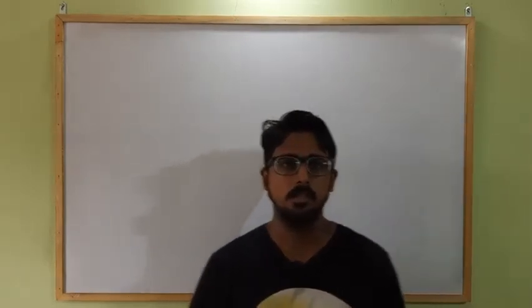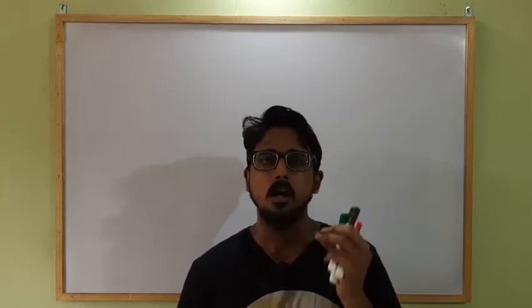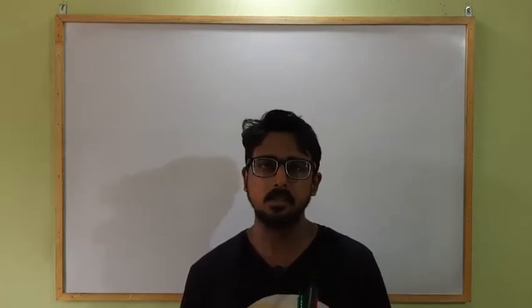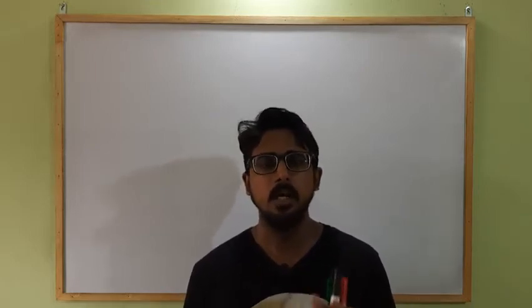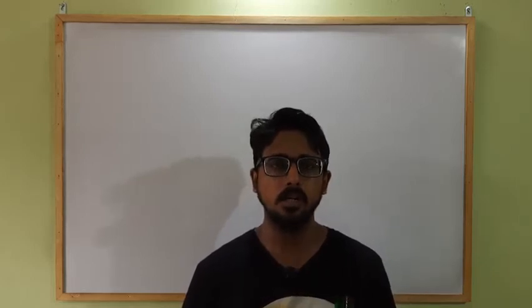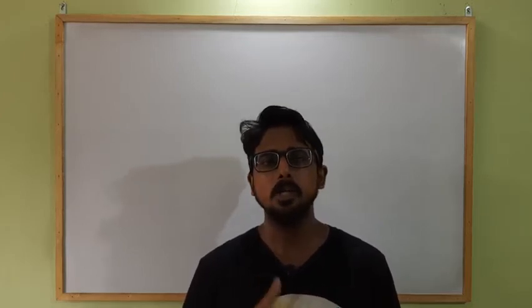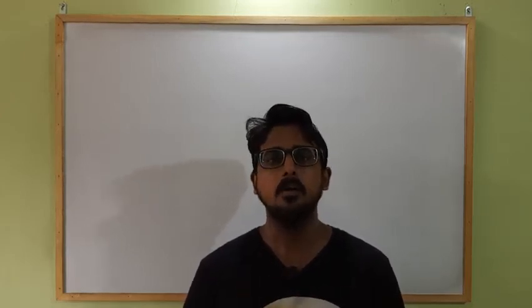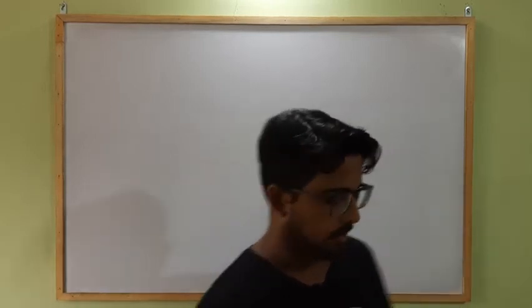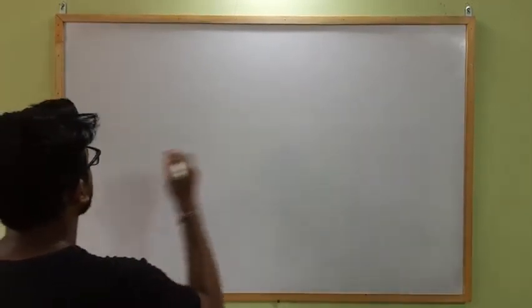Hello students, in the last class we already discussed some numericals based upon the magnetic force acting on a current carrying wire present in an external uniform magnetic field. Today we are going to discuss some numericals based upon torque acting on a current carrying loop present in an external magnetic field, and the relation between magnetic dipole moment and angular momentum of a body, or the Bohr magneton. Clear? So first of all, let's revise the concept of torque.